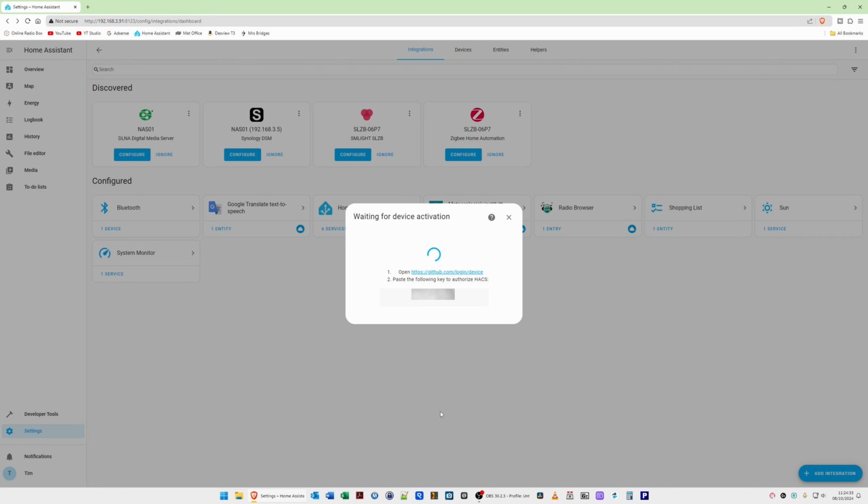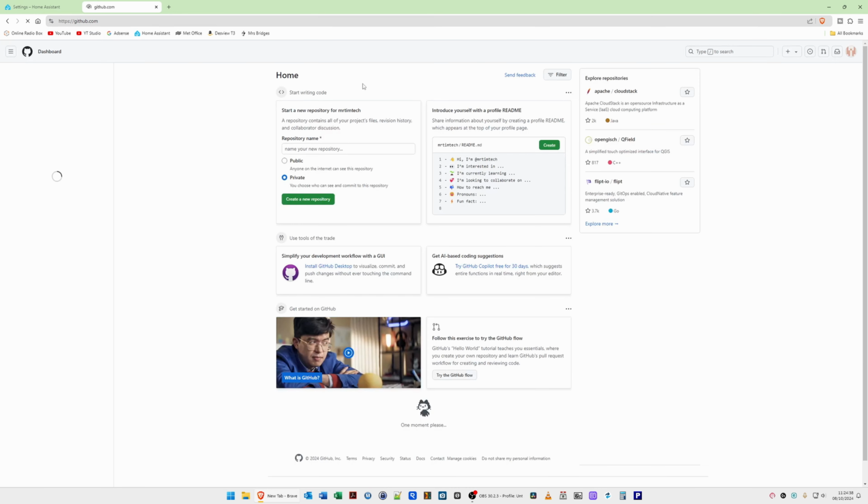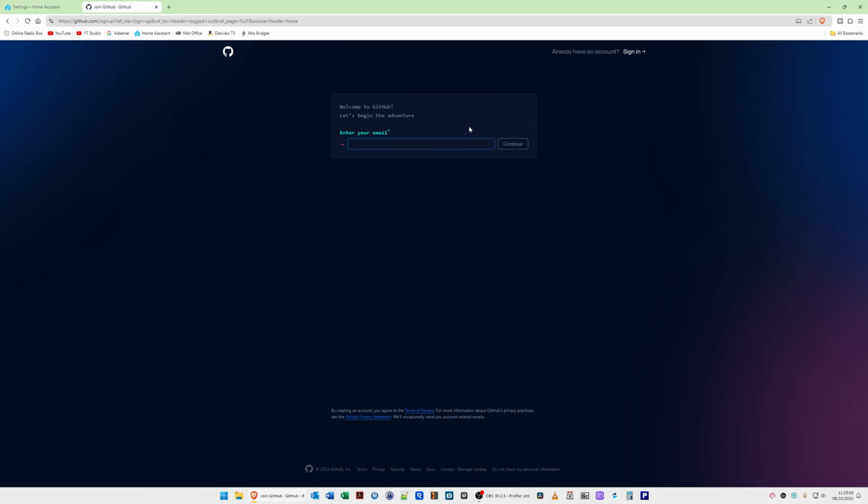Then what you need to do is open up a new web page and go to github.com, and from the GitHub web page click on sign up in the top right corner, enter your email address. In this case I will enter my email address and click continue. Then create a password for your GitHub account and click continue. Then create your username. In this case I'll type in MTT YouTube